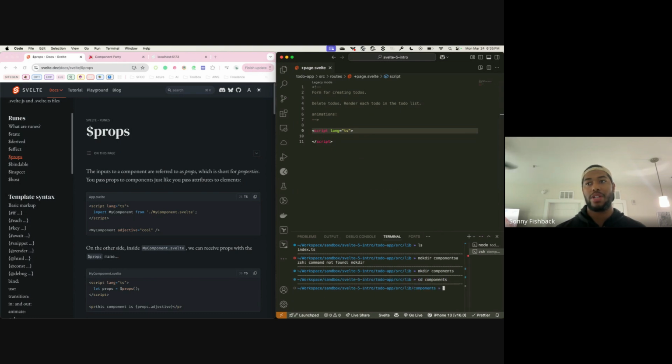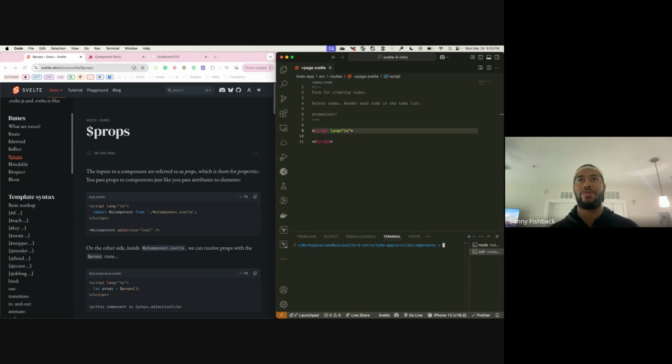Make a directory called components, go into components, and then I'm going to create my first file, which is going to be called to-do form.svelte. And then I also want to do touch to-do.svelte, and then I might do touch. I don't know how many of those I'm going to need, but I just created those components. So I'll be able to import